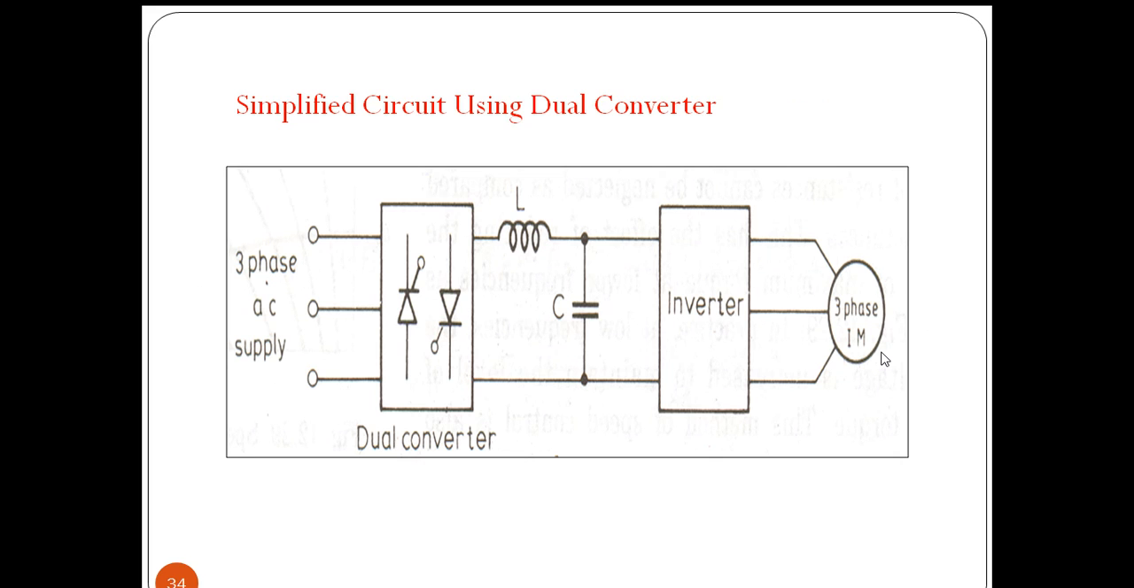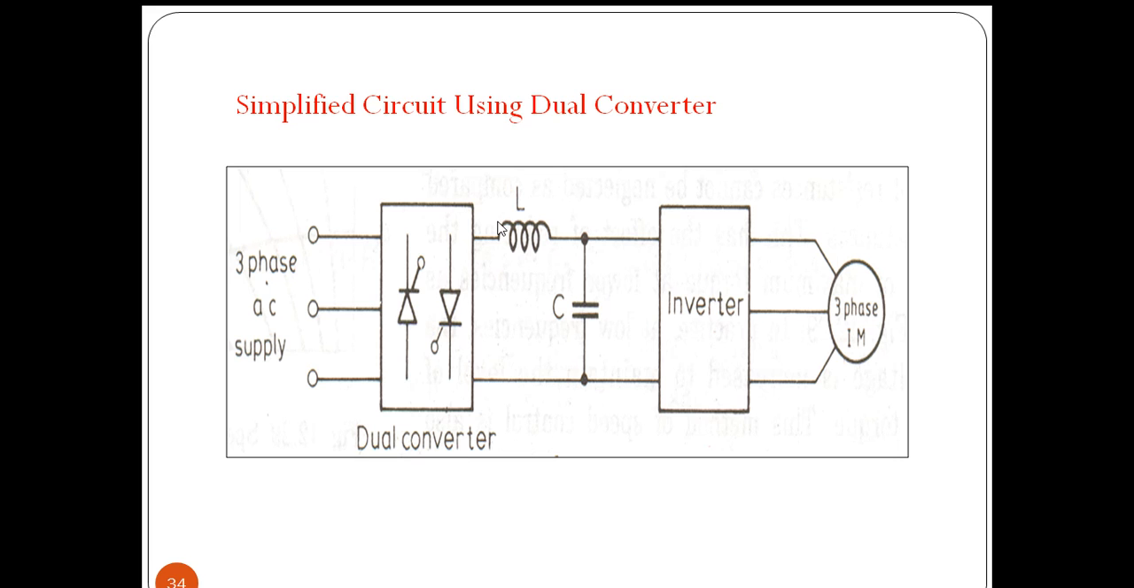Now next one is simplified circuit using dual converter. Dual converter. So in this circuit we are using dual converter. This converter will convert the AC supply into DC supply, and again this produced DC will be given to LC filter